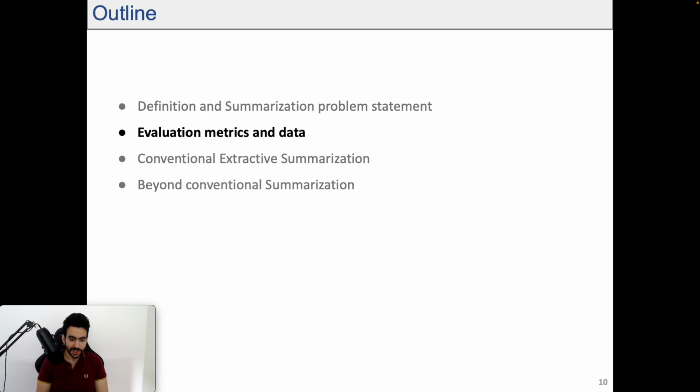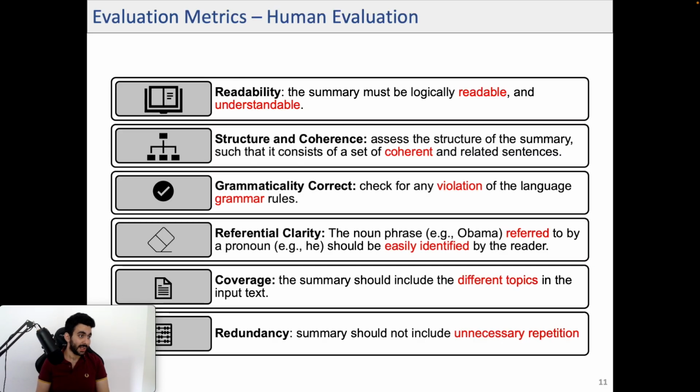Now, going into the different evaluation metrics and data. As with sequence-to-sequence problems, you will have multiple commonalities with the other sequence-to-sequence problems. Let's start with how a human would evaluate summarization. First,